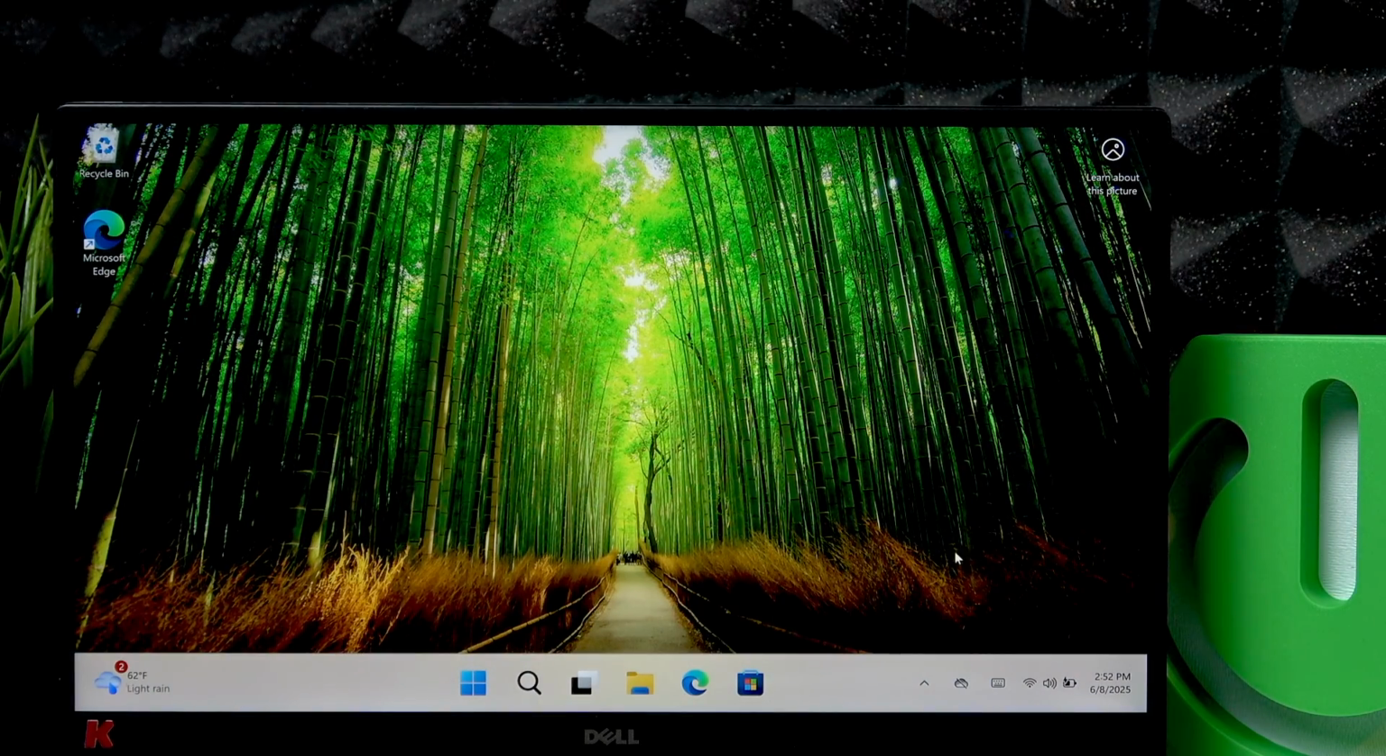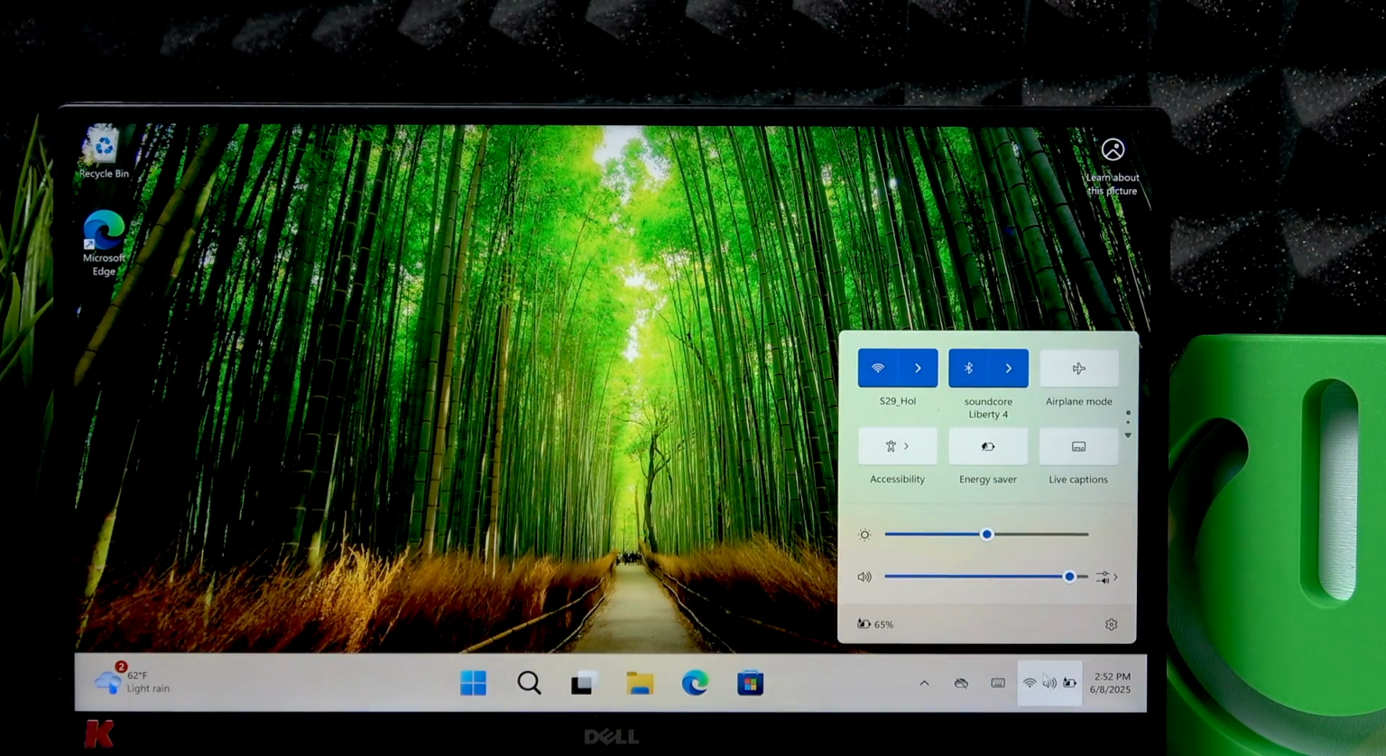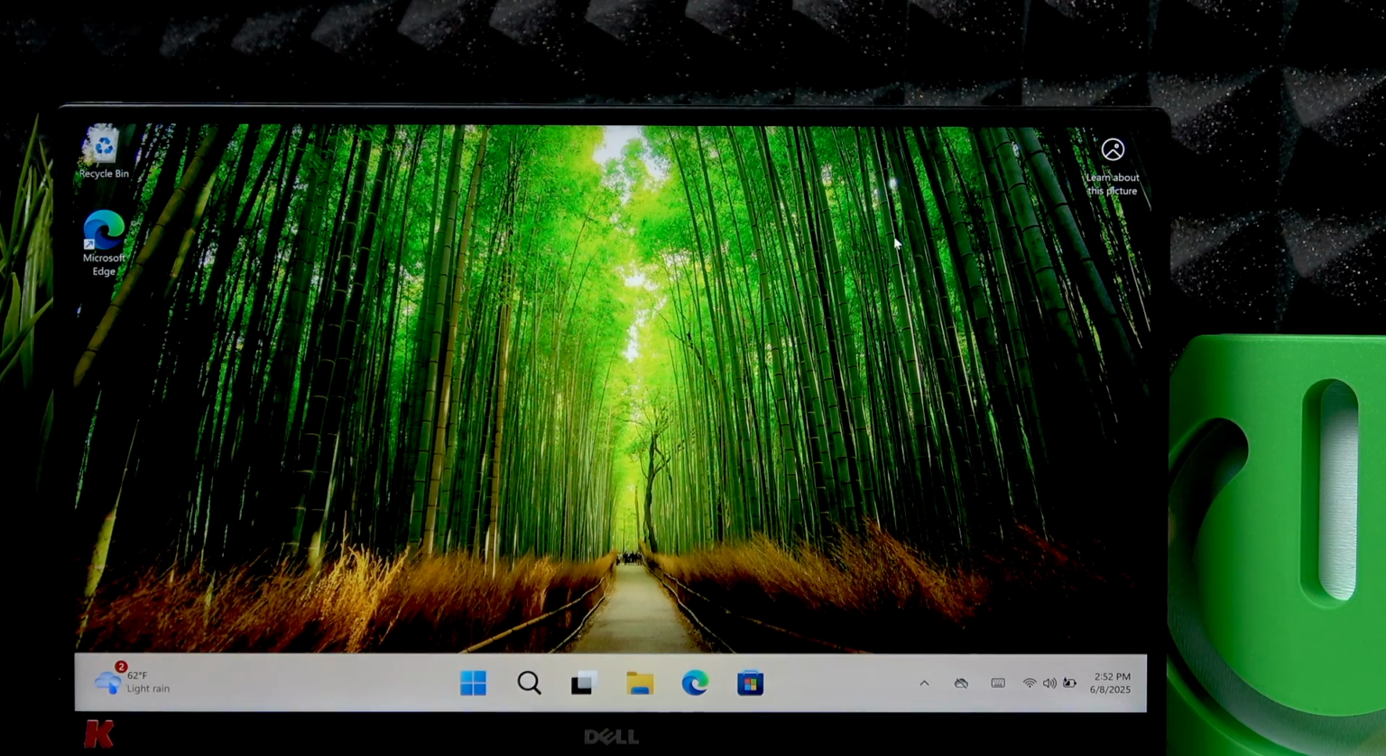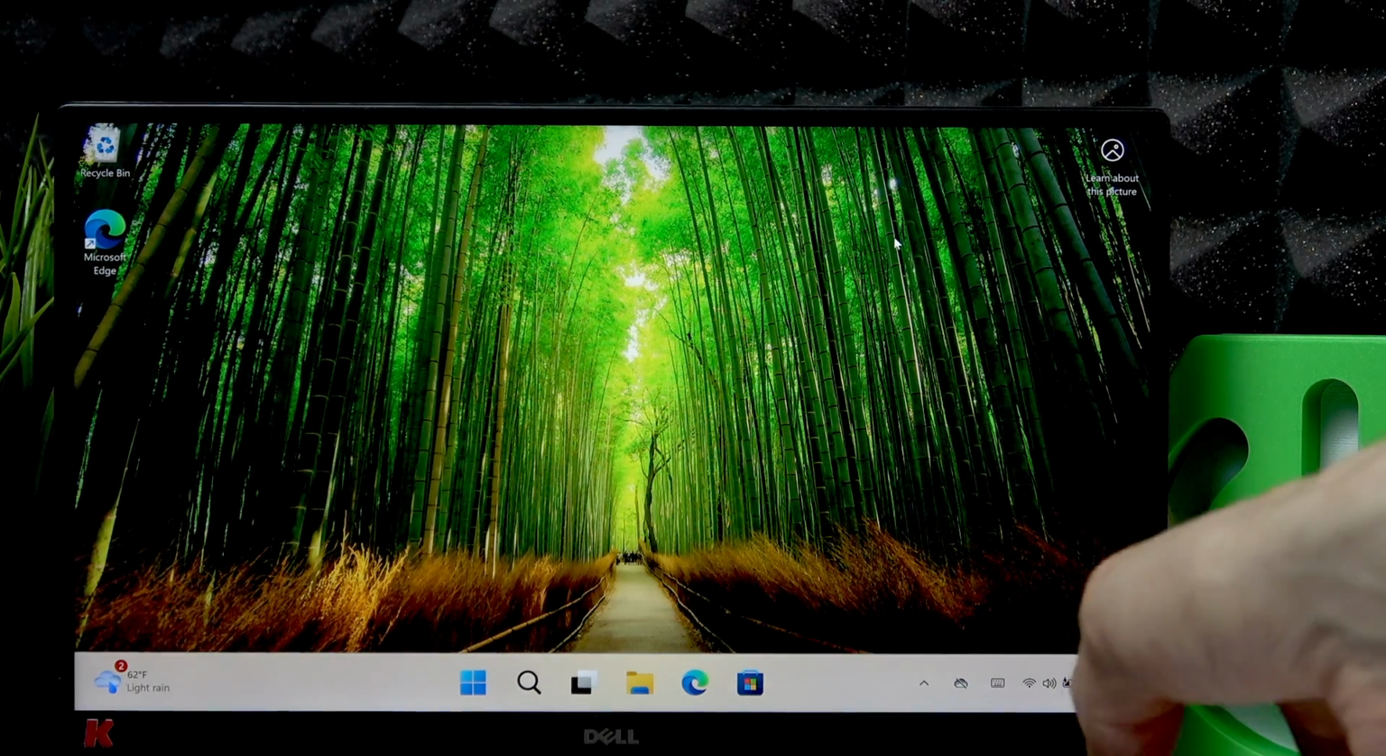To do it, you can click on three icons right here in the bottom right corner of the screen and then move the slider either to the left or to the right in order to set the volume level that you like. And the other way to do it is by using the function keys,